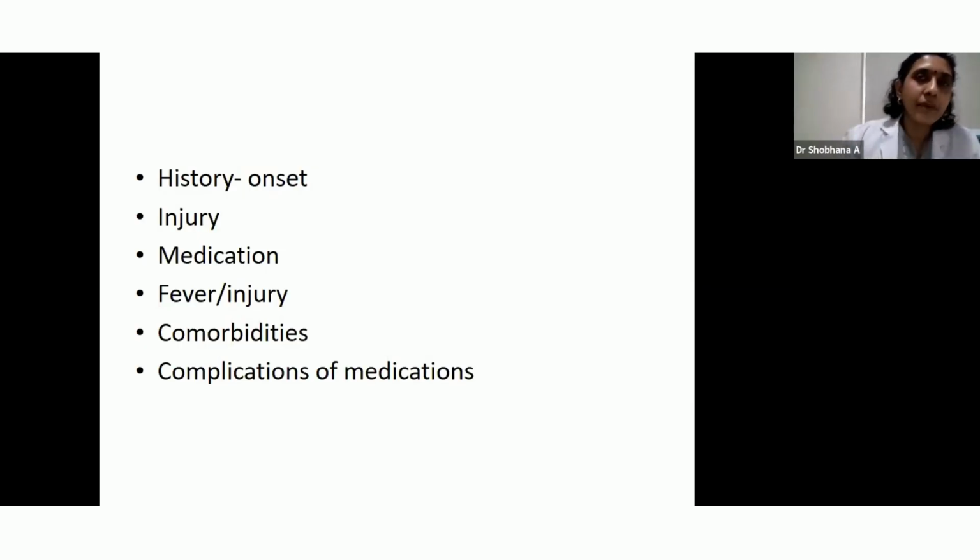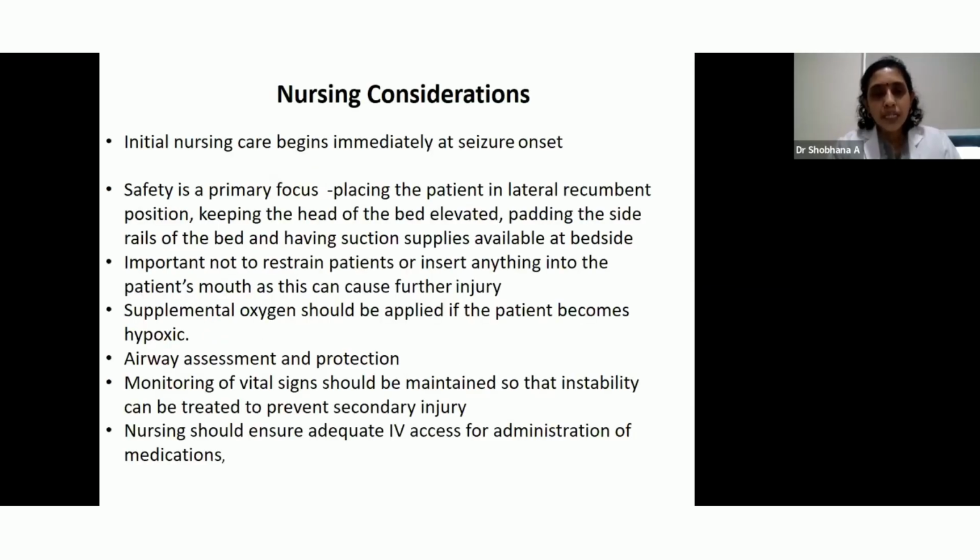Comorbidities, especially in case of elderly, like diabetes, because immediately then you would check for a CBG and rule out a hypoglycemia or a hyperglycemia. And whether they had any complications of medications, like phenytoin can cause Stevens-Johnson syndrome, valproate can cause hyperammonemia, and things like that. So nursing considerations, what you have to be very careful about: initial nursing care will immediately